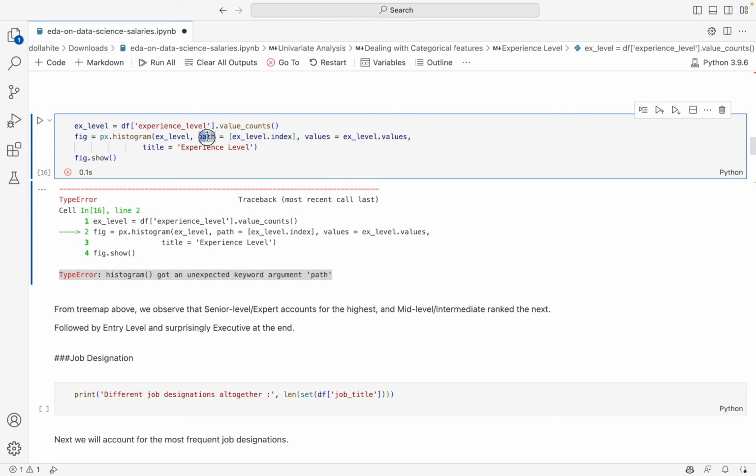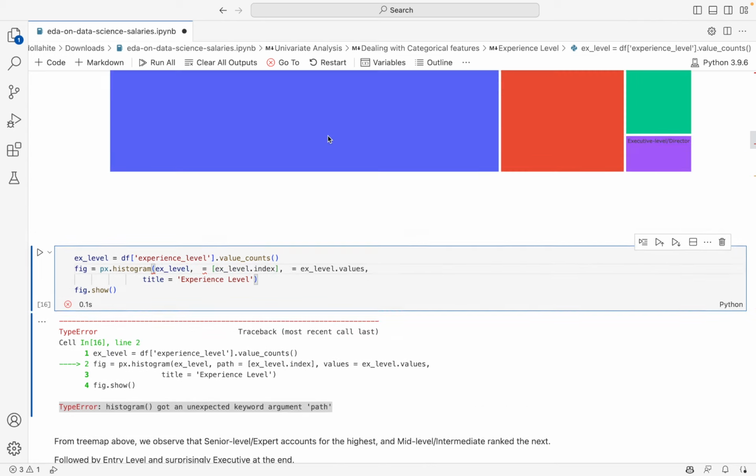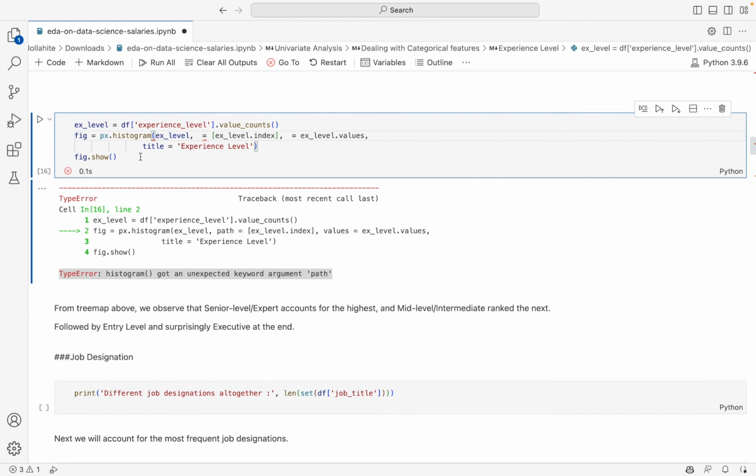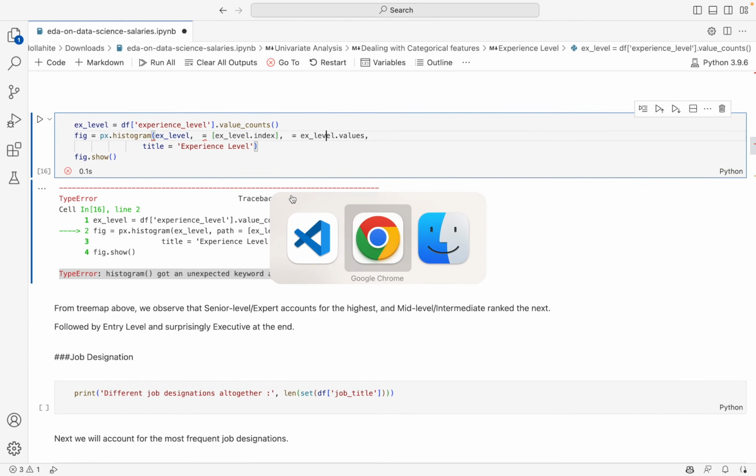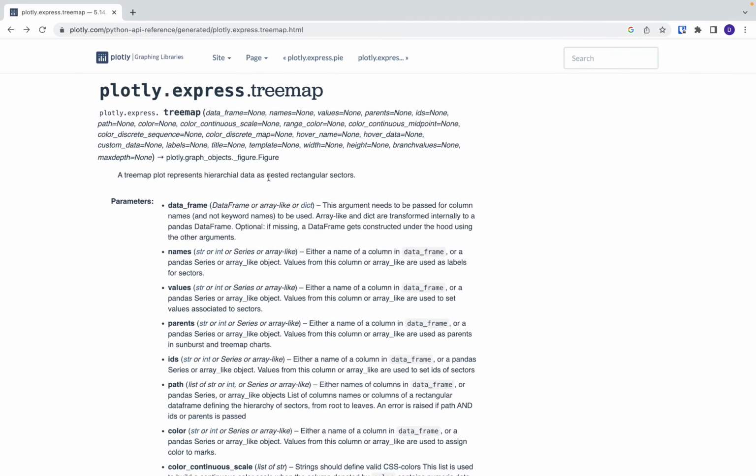Let's go ahead and actually delete the path and delete the values. And now we're going to leave those empty for now, and we're going to look for potentially the argument that we need to pass instead, because it looks like this information here, EX_level.index and EX_level.values, is actually providing the information we want to see. We're just probably not giving it to histogram the way Plotly Express wants us to. So we're going to switch over to Google Chrome, and we'll click on this Plotly graphic to see